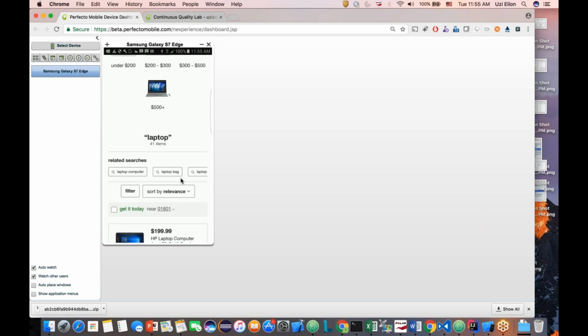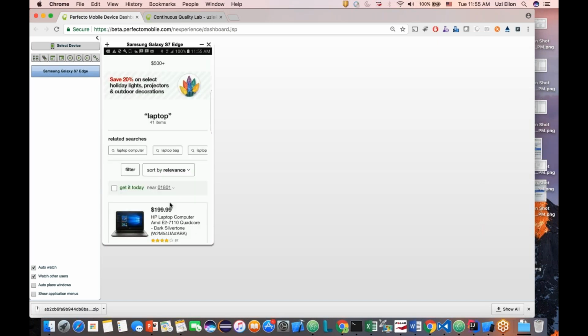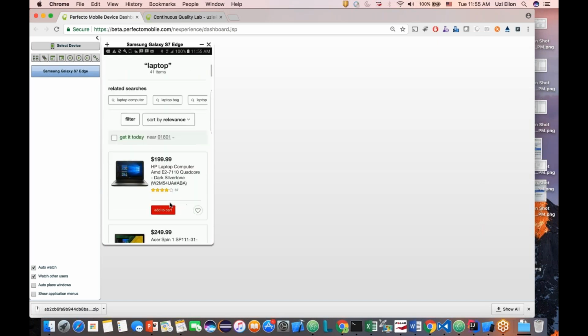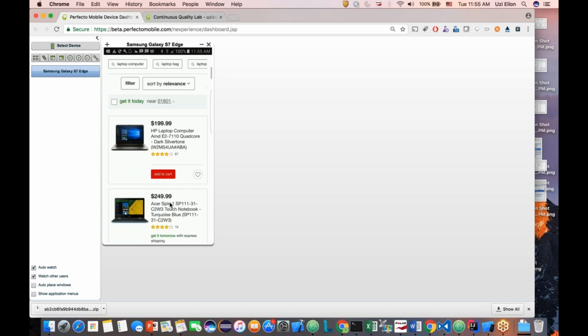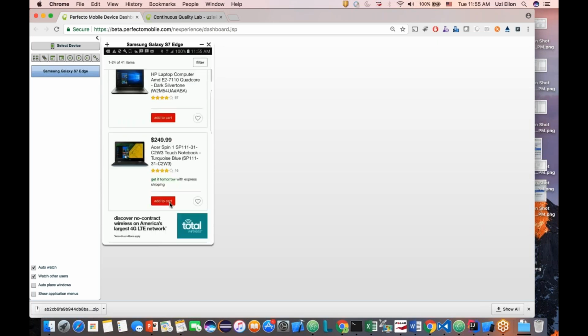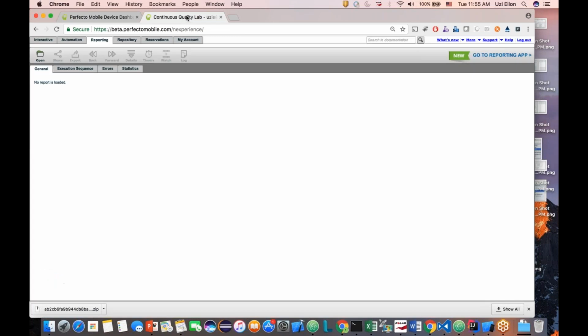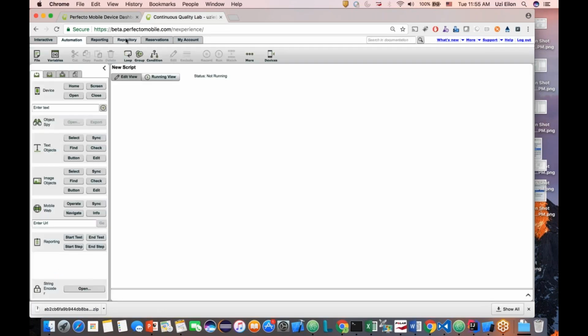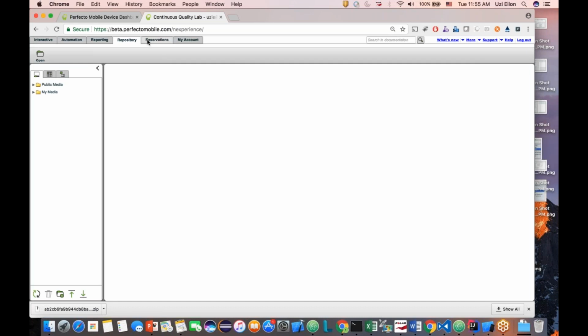screen, and we see that it takes a lot of time to get all the elements. But I want to scroll down to make sure that all the elements arrive on the screen. And by the way, this is why I added the scrolling into the script itself. And at the end of the execution, I'm getting the HAR file. So if I go to the Perfecto Mobile reporting environment,